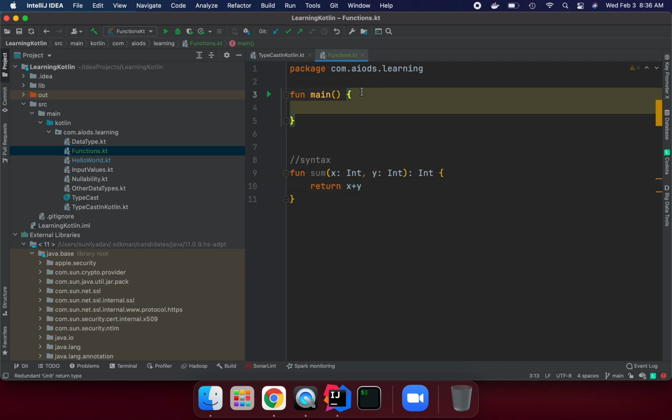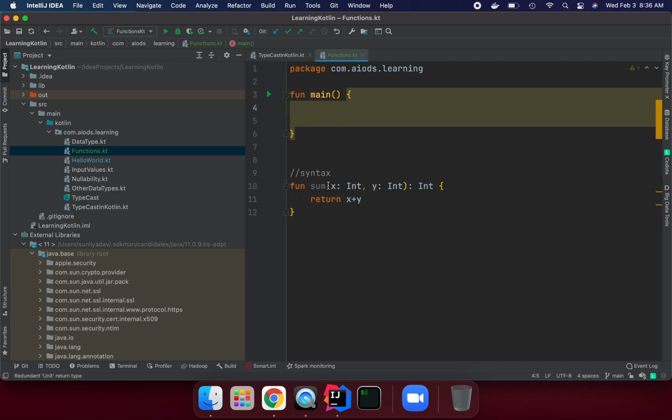Now how can we call this method? This is the definition of the method, so we need to start the curly braces and close the curly braces. If we make a mistake here, suppose I put one more pair of curly braces here, why should it give an error? This is going to be an unnecessary block here. If I say I'm not returning anything, then the compiler gives me the error. This is also implicit.